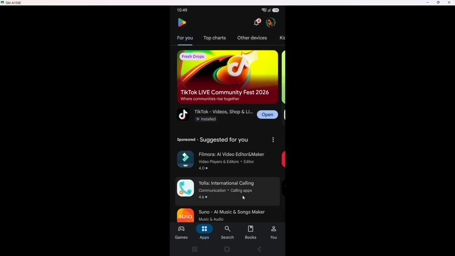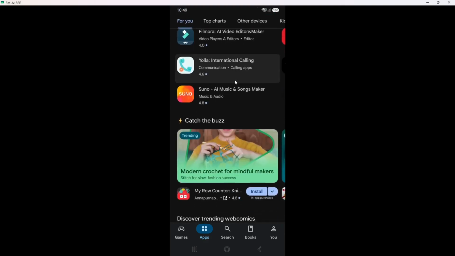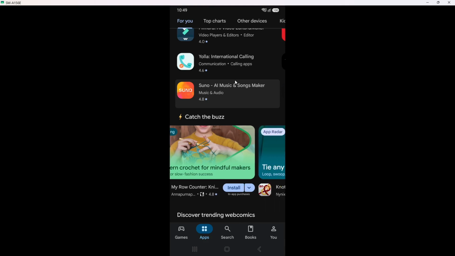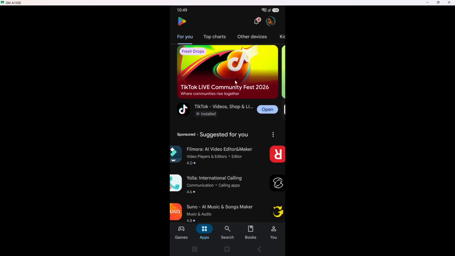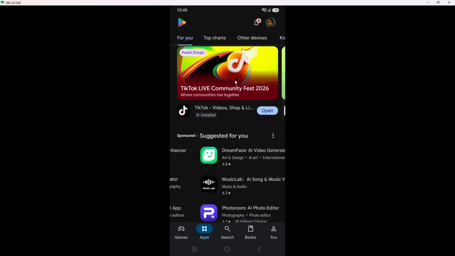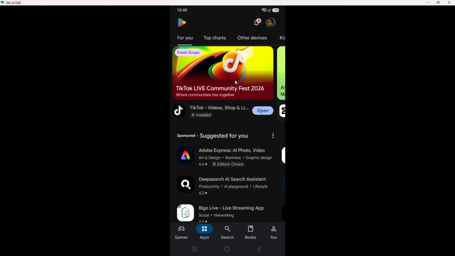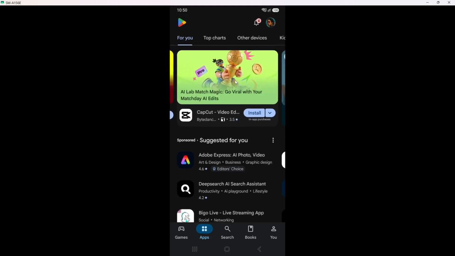It is essential to use the Google Play Store for downloading apps, as this ensures you are getting legitimate and safe software. Once you have the app opened, you will be greeted with a user-friendly interface that showcases various apps. This is the first step in getting your music player ready.